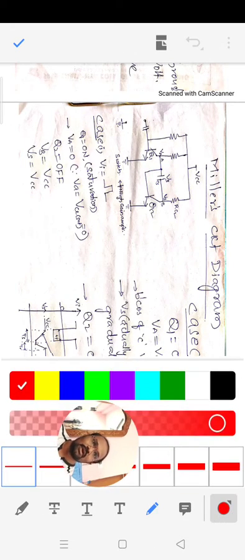In case 2, I just want to apply input voltage equal to a negative pulse. Here, I want to apply a negative pulse as the input at the base of the first transistor Q1. Then automatically, if you apply the negative voltage, Q1 goes to off state. If Q1 goes to off state, then what happens?